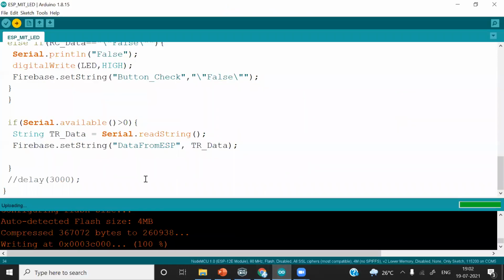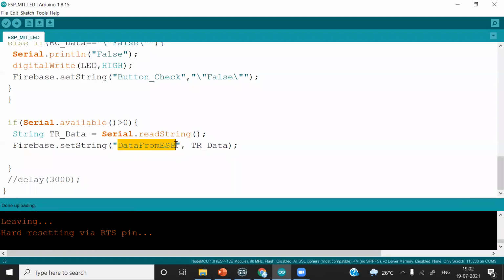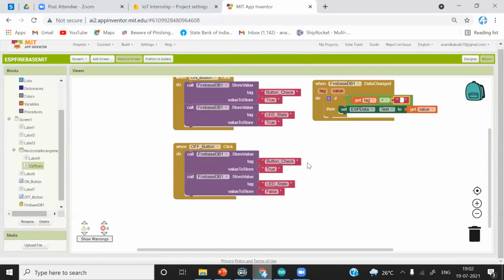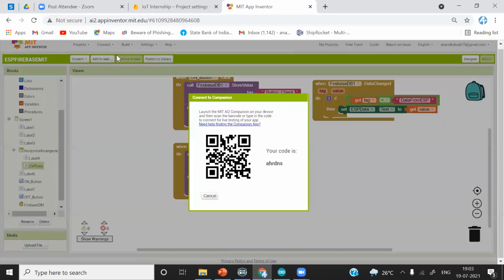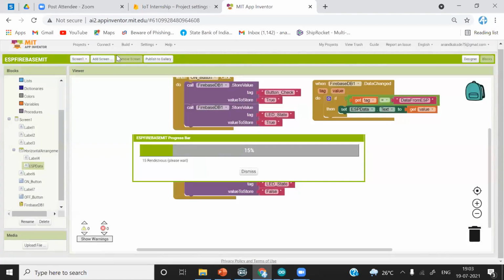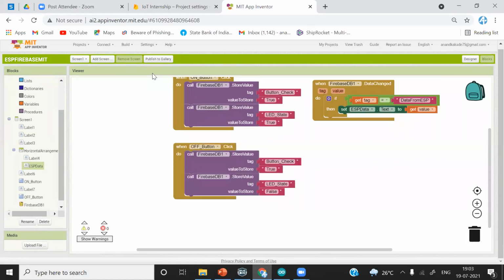What we will do, put this one. Let's reset it.